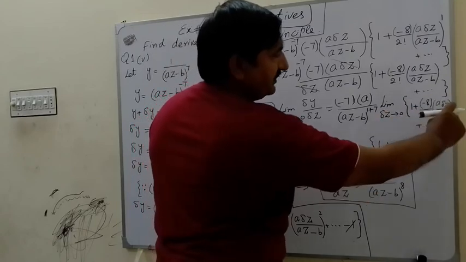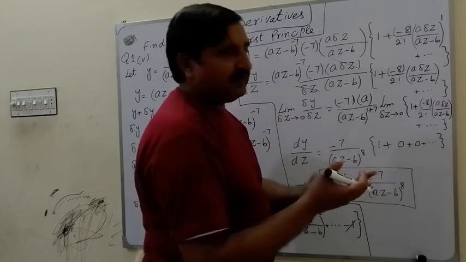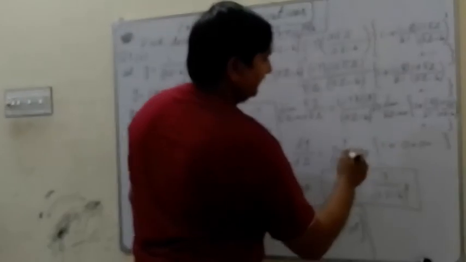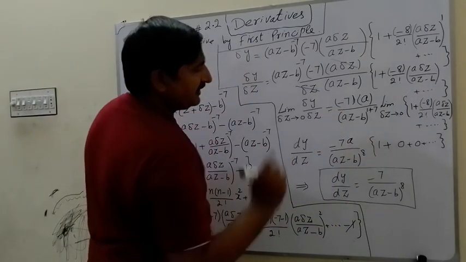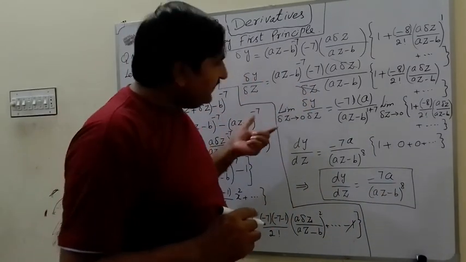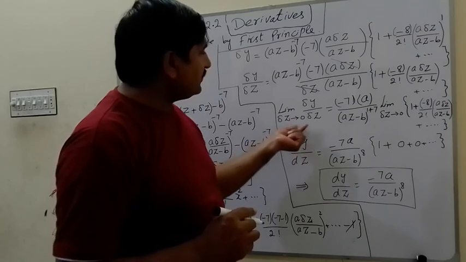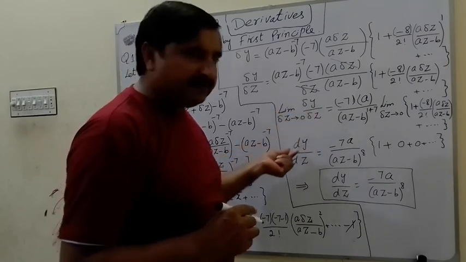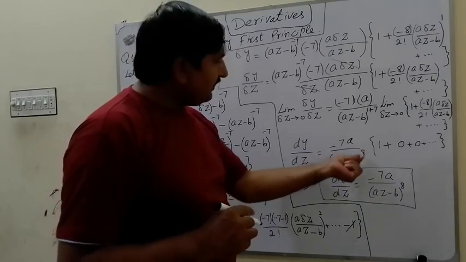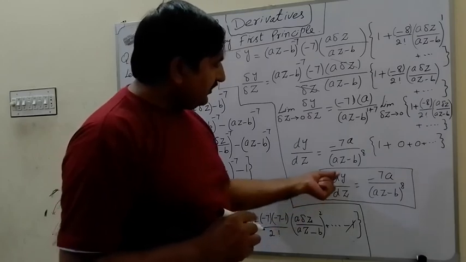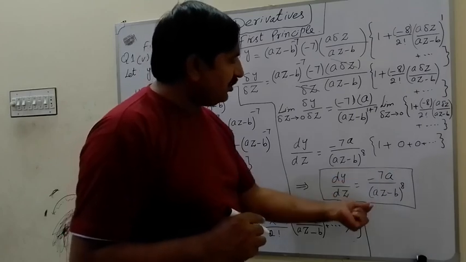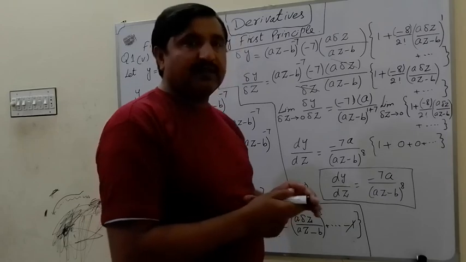Whenever I apply delta z goes to 0, where delta z is written, that value becomes 0, so definitely 1 plus 0 plus 0 and so on. So look at this bracket, the remaining values are left as they are. So minus 7a over (az minus b). And the next one is the test. Look here. According to the left-hand side, it is limit delta z goes to 0 of delta y over delta z. It is the definition of derivative, so it becomes dy over dz equals minus 7a over (az minus b) whole power 8. This implies our required answer, dy over dz equals minus 7a over (az minus b) raised to power 8, which is our required answer for the derivative.